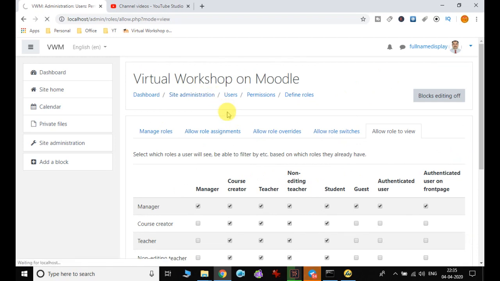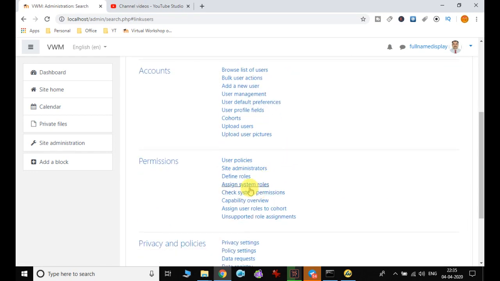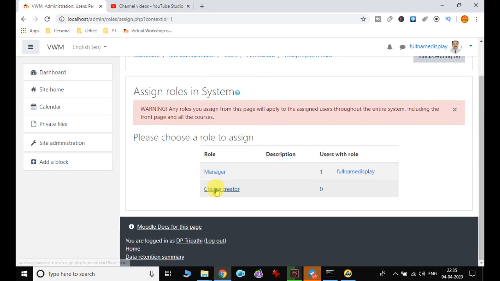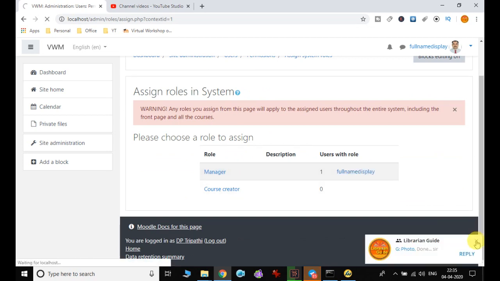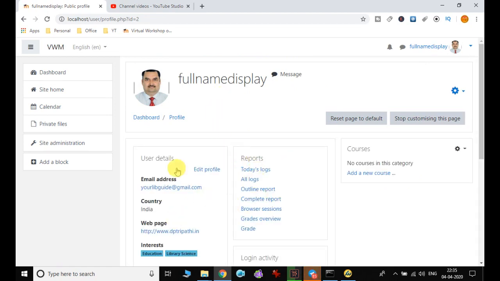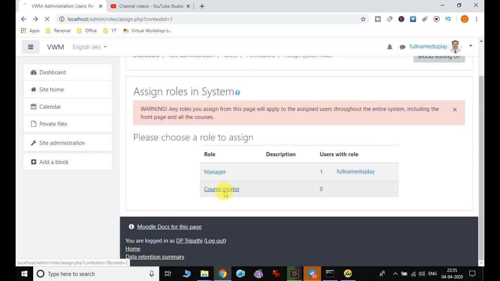And now let us move to assign system role. This is also important in nature. Generally there are two roles, manager and course creator. So in which role you want to set, like manager, full name display. So here you can assign the role course creator,